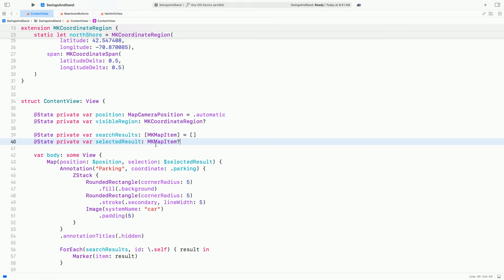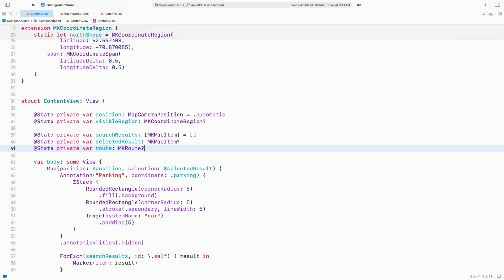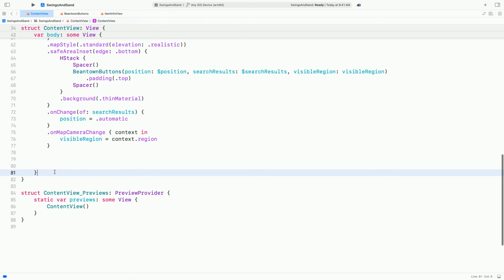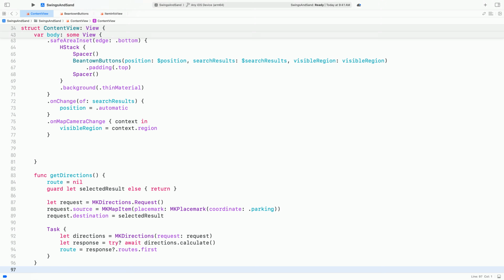First things first, I'll get a route from the parking garage to the selected search result. I'll add state to keep track of a route, and I'll add a function that uses MKDirections to get one, and set the state.